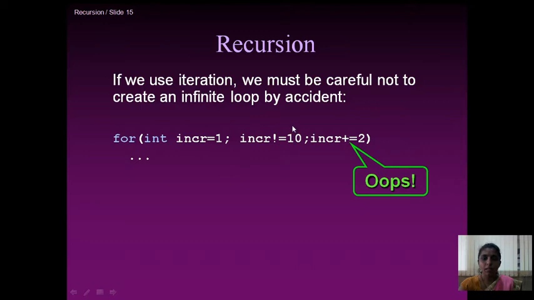Next we are checking the condition. It is a for loop. So in the condition the value is 1. 1 is not equal to 10, so this condition becomes true. Once it is true, we execute the statements inside the for loop. Again control comes back to the increment part. Here we are incrementing the value by 2. Usually if we take plus plus, the value will be incremented by 1. So previously it was 1, and after incrementing it will become 3.